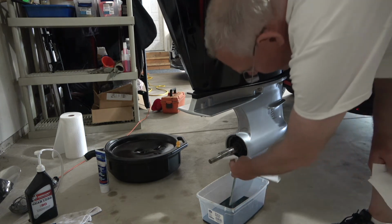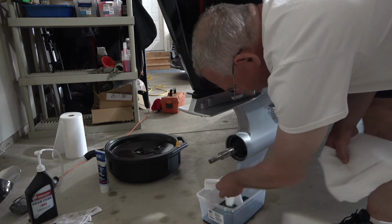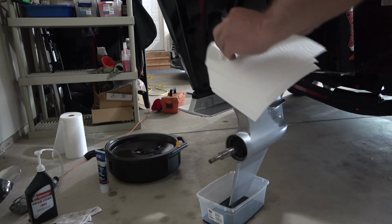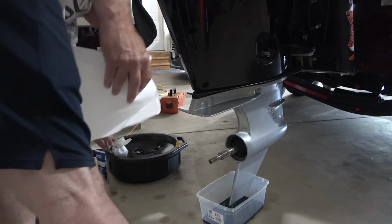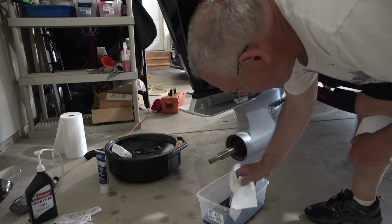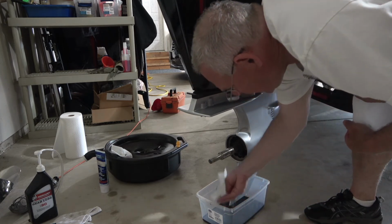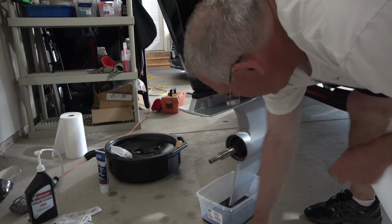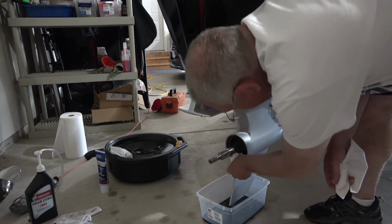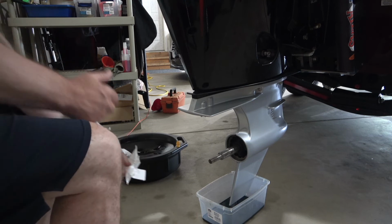And so first I'm going to clean where it was dripping out of. Oh, and there, I just got my towel into the, put that in my pan. And yeah, so just a little bit of cleanup. Not a big deal. Okay, so now, once you have that cleaned up, you're going to insert the nozzle of this